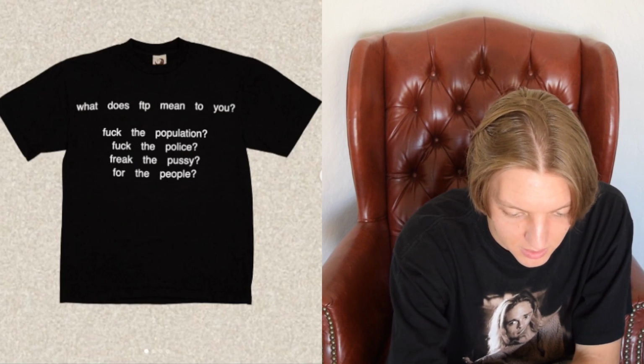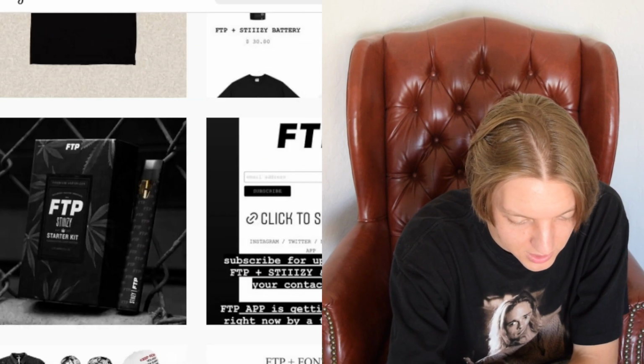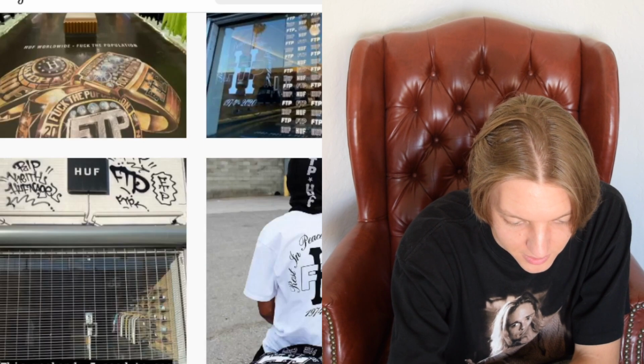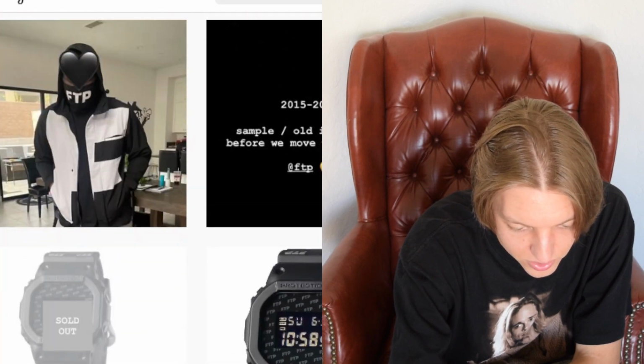Let's see, Cole Bennett dropped that one, and then we're back to the Stizzy drop. I'll see if there's any more leaks. Maybe there aren't. I thought there were at least a couple that would show off what we're looking at. Especially, I thought there was one for the camo stuff, but maybe there isn't. So I don't know. There'll be another drop. So yeah, I looked through it quick. I'm not seeing any other images right away that show off pieces from this drop,